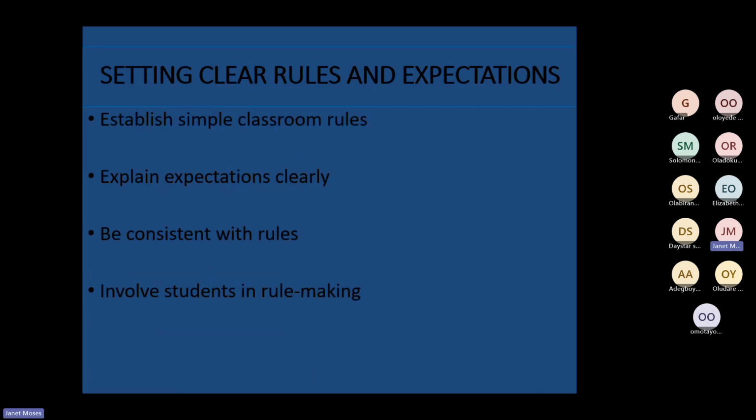The next one is setting clear rules and expectations. We need to set clear rules for our learners if we want to have effective classroom management. We can set rules like we can tell them to listen when we are talking or when anyone is talking to them, they should listen very well. Then another thing is when they want to answer any question in the classroom, they can raise their hands before talking. That's another rule. Then use of kind words among themselves. Then they should speak politely to one another. These are some rules that I think will help us in making our classroom management effective.